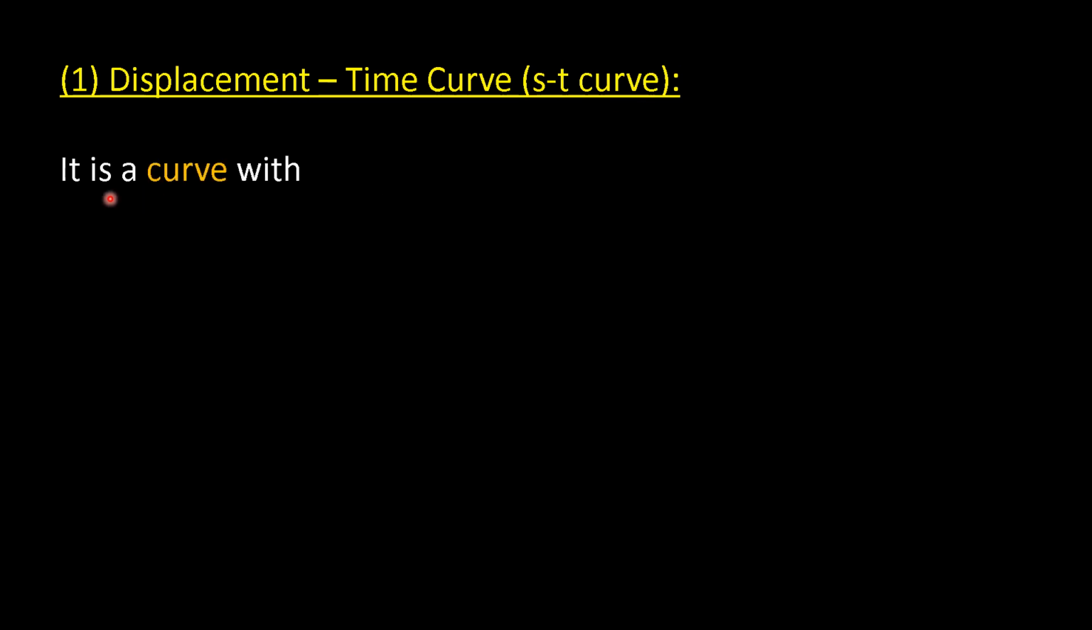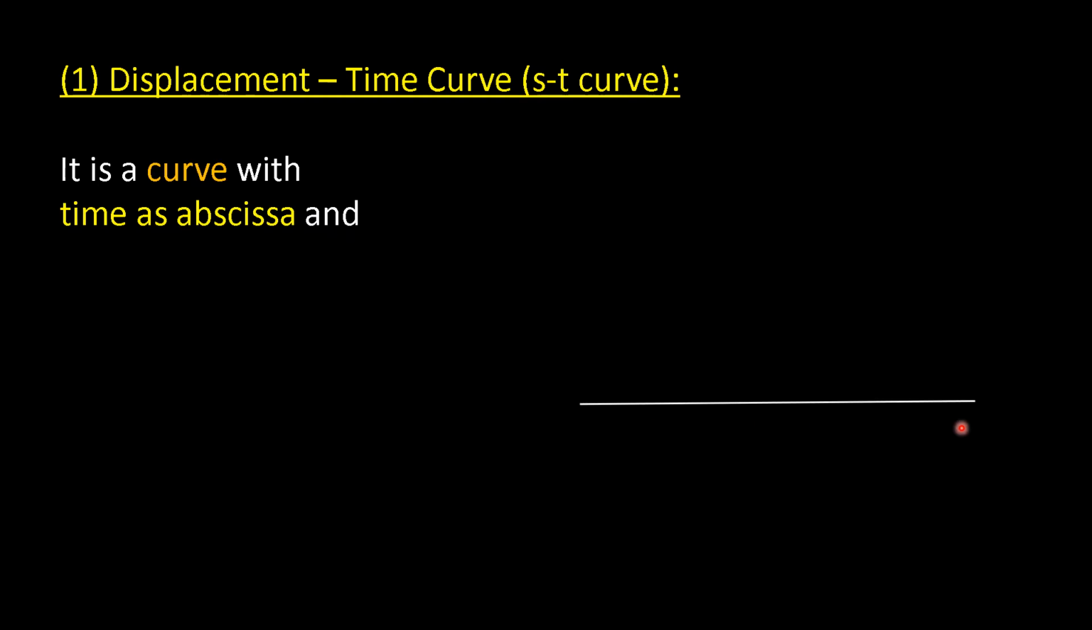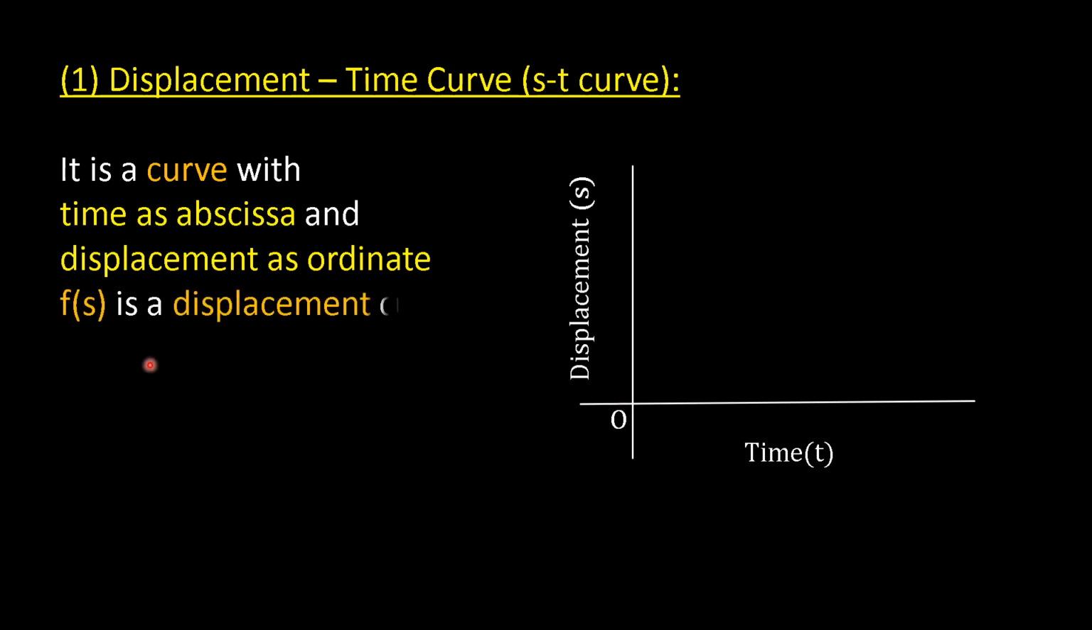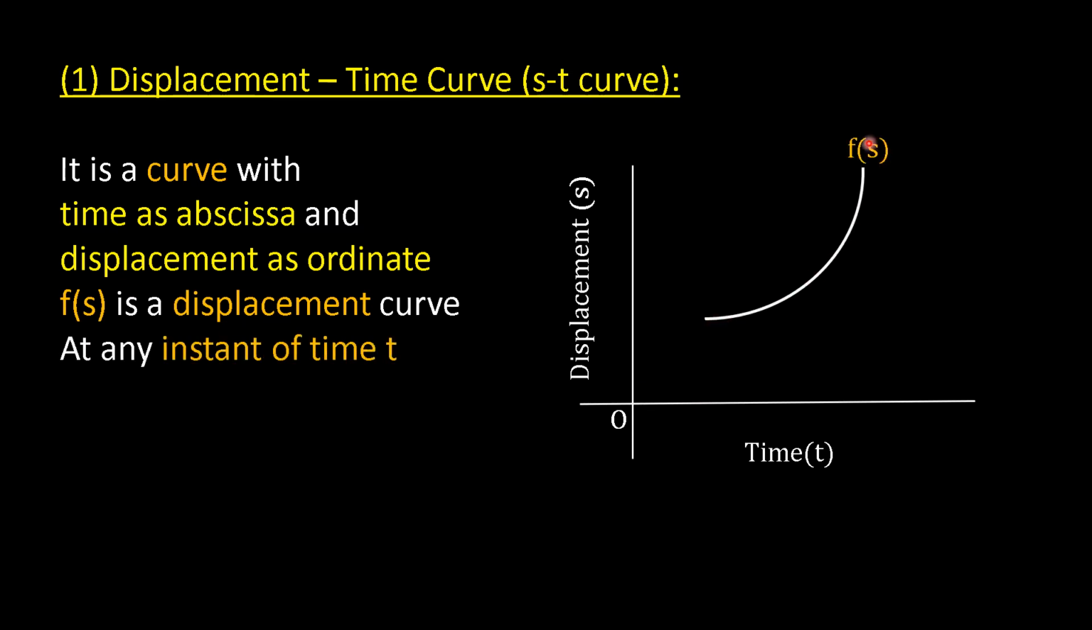First is displacement time curve or the ST curve. It is a curve with time as the abscissa, that is the x-axis, and displacement as ordinate, which is the y-axis. f(s) is a displacement curve. This is the displacement curve f(s). At any instant of time t, when displacement is s,